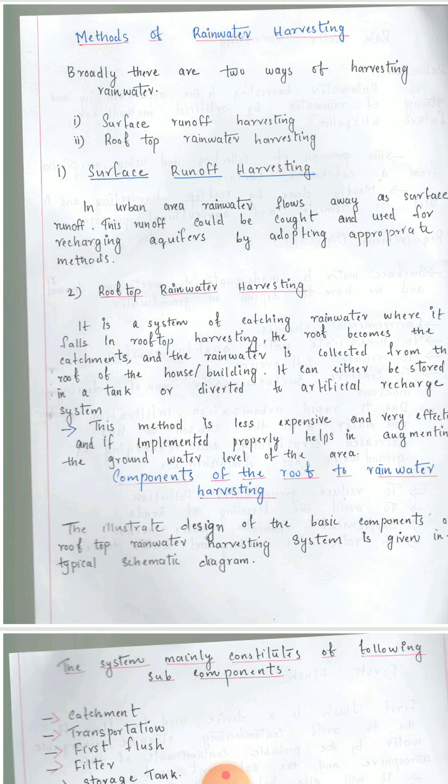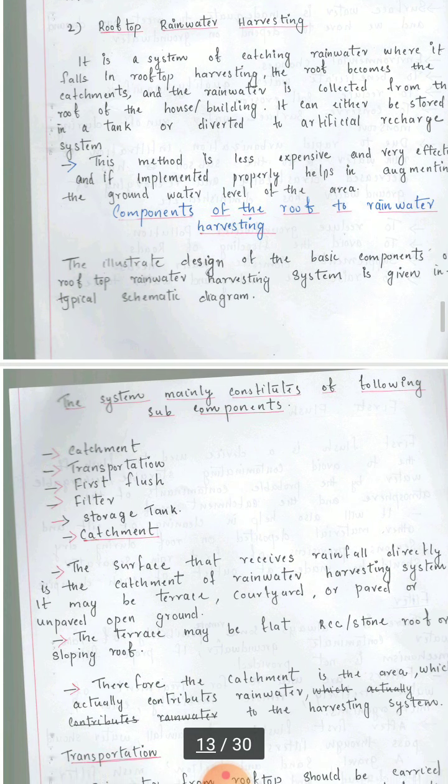Second one is rooftop rainwater harvesting. It is a system of catching rainwater where it falls. In rooftop harvesting, the roof becomes the catchment and the rainwater is collected from the roof of the house or building. It can either be stored in a tank or diverted to an artificial recharge system. So what happens is, the water which is